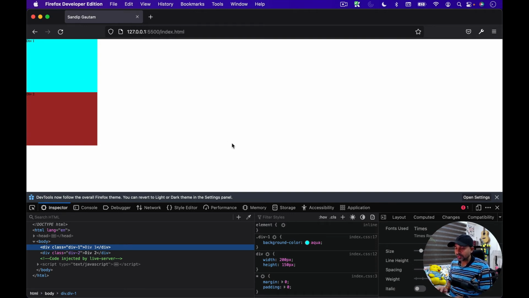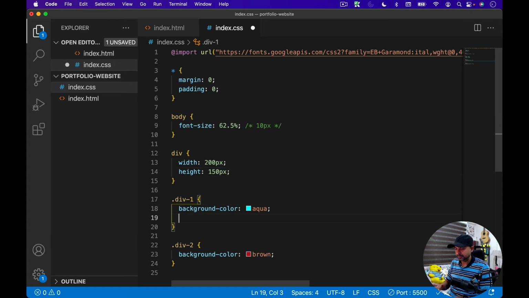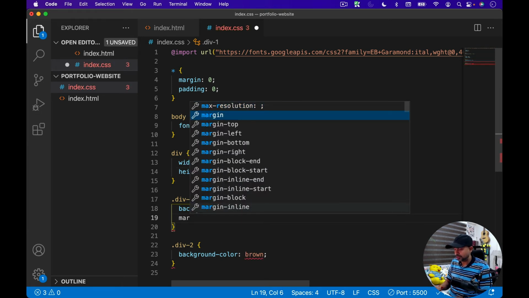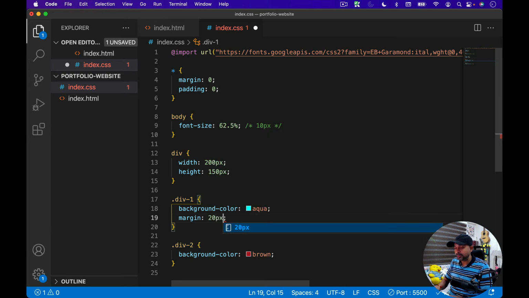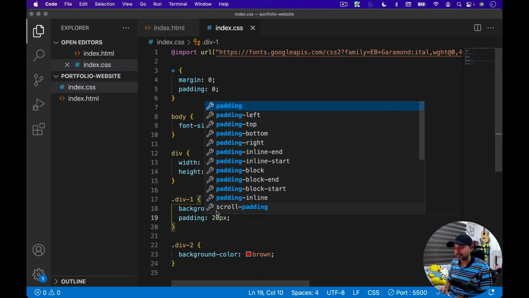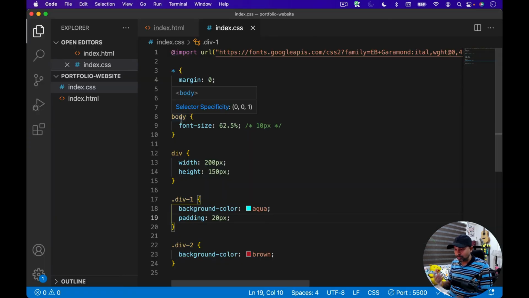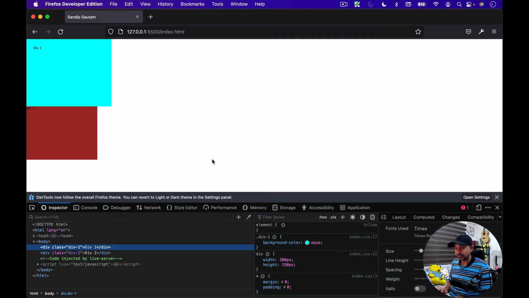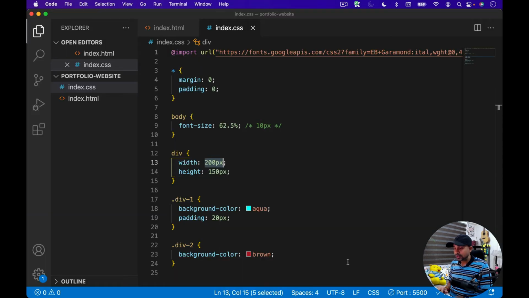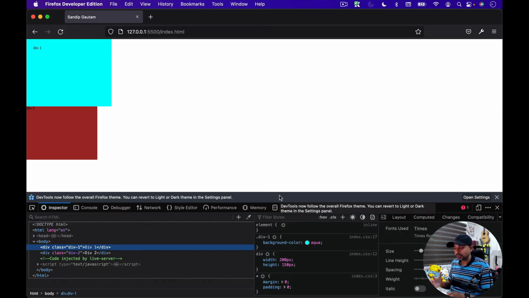Now if I target div-1 and give it a margin of, say, 20 pixels, you're going to see something happen. Actually, instead of margin, I'm going to use padding. See that? This div-1 got expanded; it got bigger in size. The actual width of this div is 200 pixels, and when I inspect this element, its width is 200 pixels, but because of the 20 pixel padding, its width got increased to